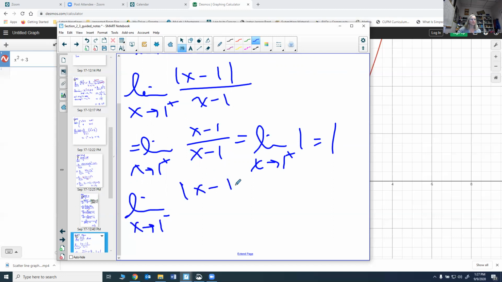So then we have the absolute value of x minus 1 over x minus 1, but we're coming from the left. So again, you're coming from the left, so things that are smaller than 1, like -2 and -1 and 0. And each time you plug those kind of numbers in, you're going to get a negative number back. But the absolute value is always positive. So this limit,